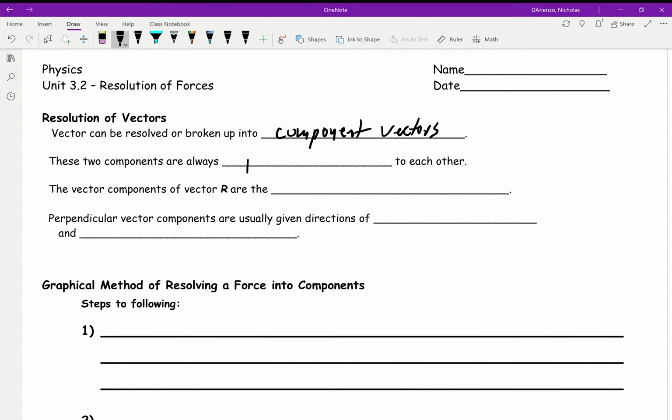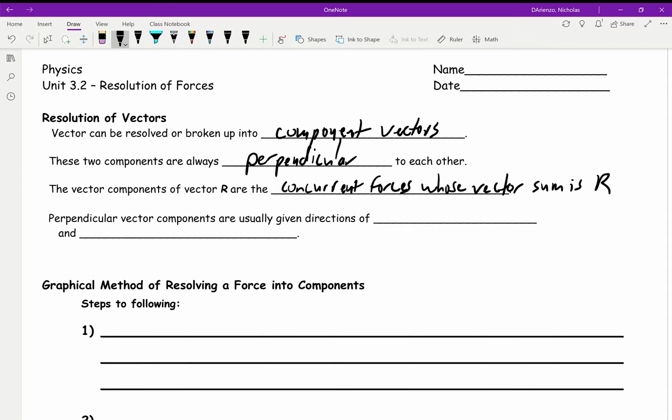These components are always perpendicular to each other, and basically the components of vector R really are the concurrent forces whose vector sum, if we were to combine those graphically or algebraically, their vector sum